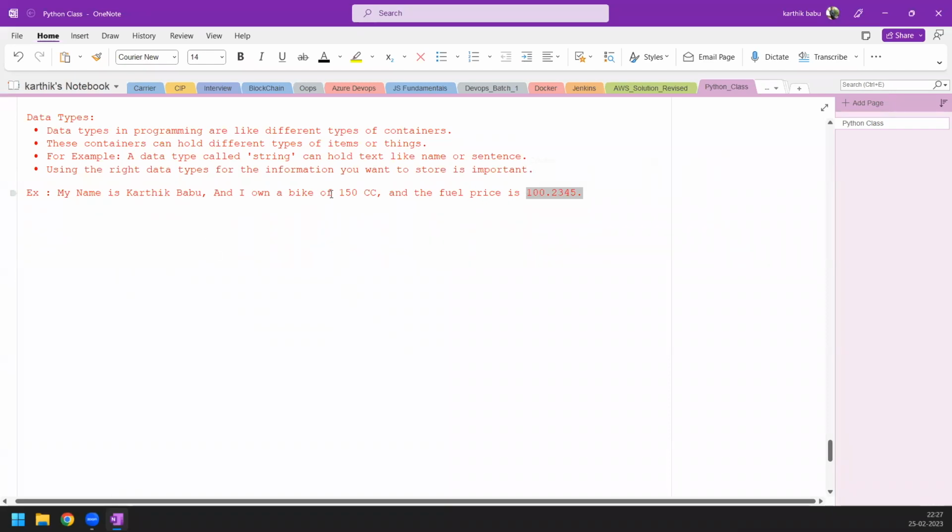So all these things I can store in string data type. This one, the numbers, I can store in integer data type, and this number I can store in float data type. So like this only you need to store these data into the data type. Okay. Now, in order to store all these things, the first thing what I covered in the last class was